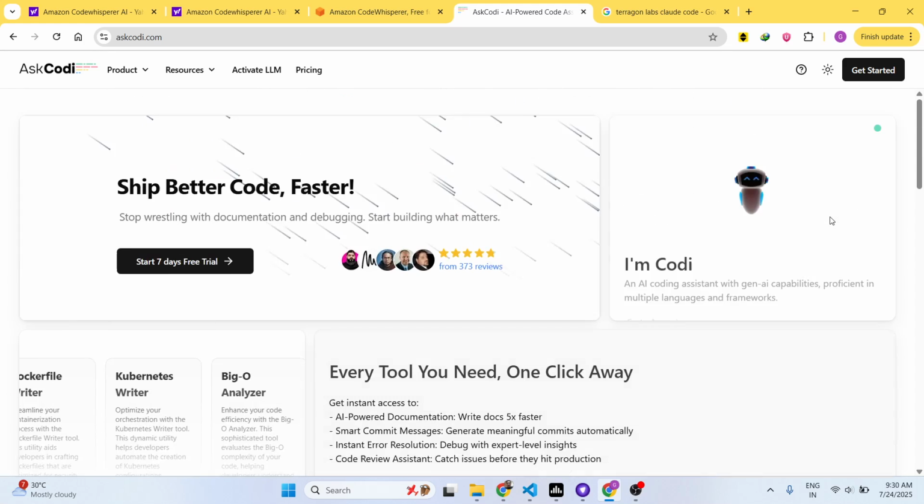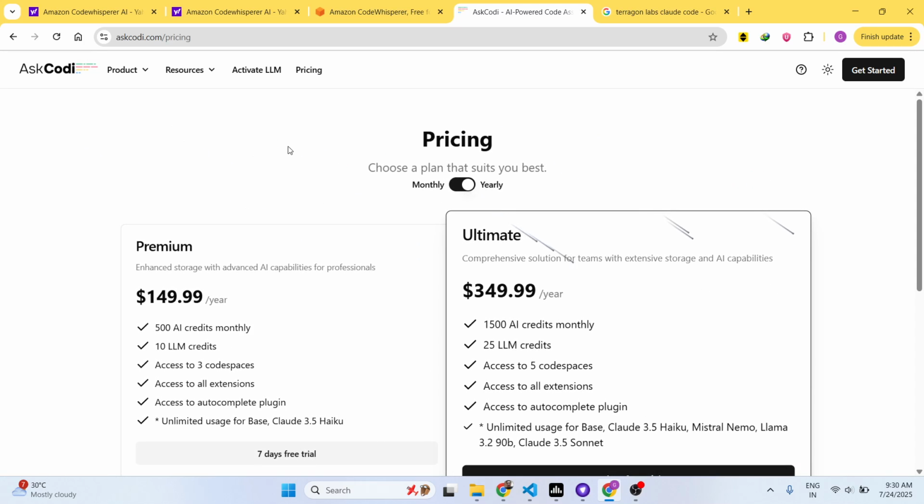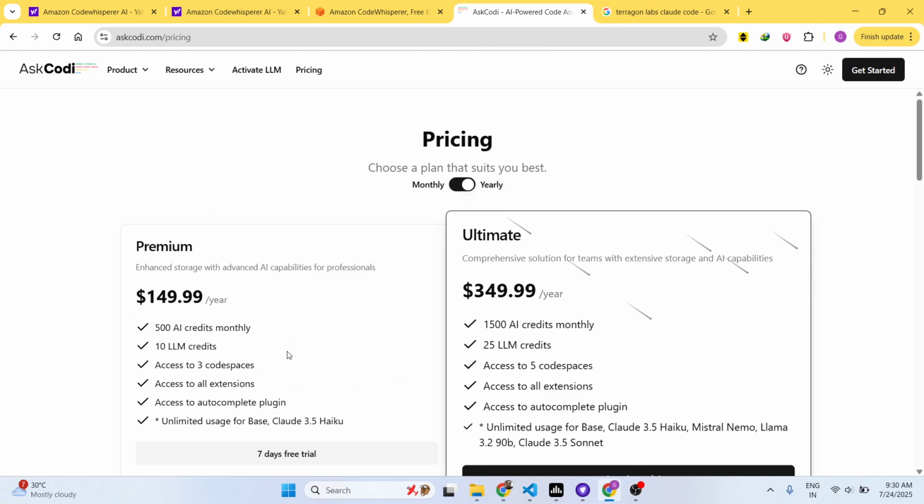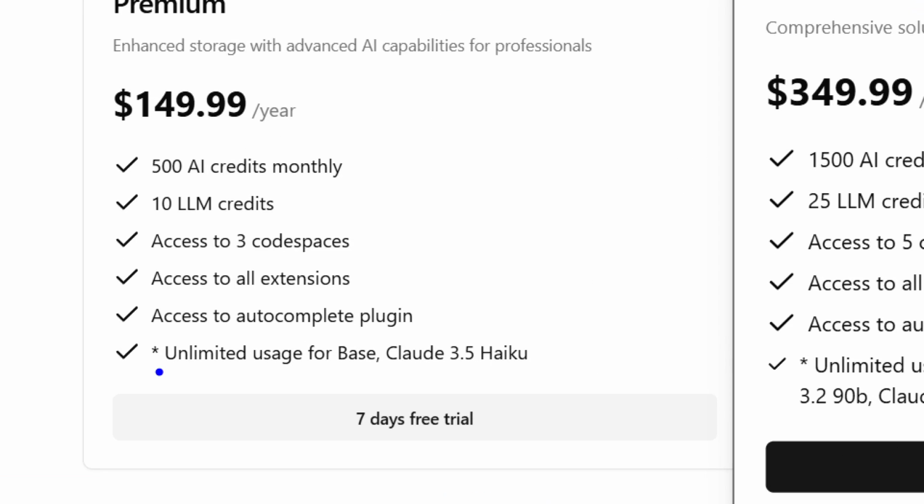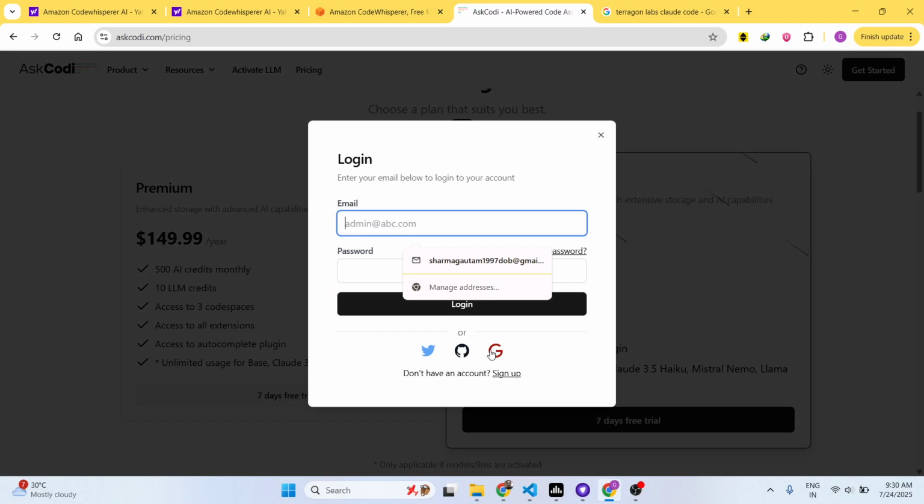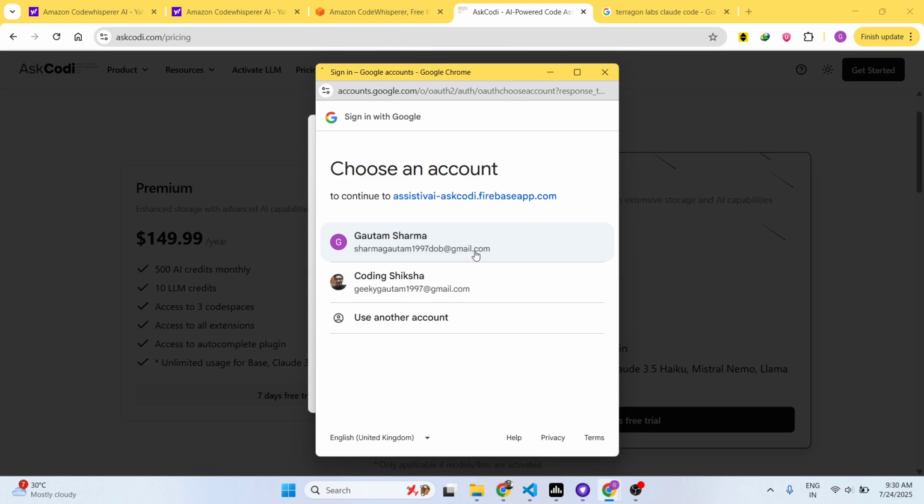So this is their website here, and the pricing model, if you see, they have the premium model which is $149 per month. You will get 500 AI credits. It has access to all the unlimited usage for Claude, and then you can activate your 7 days free trial. Just log in with your GitHub account or Google account. Simply select,